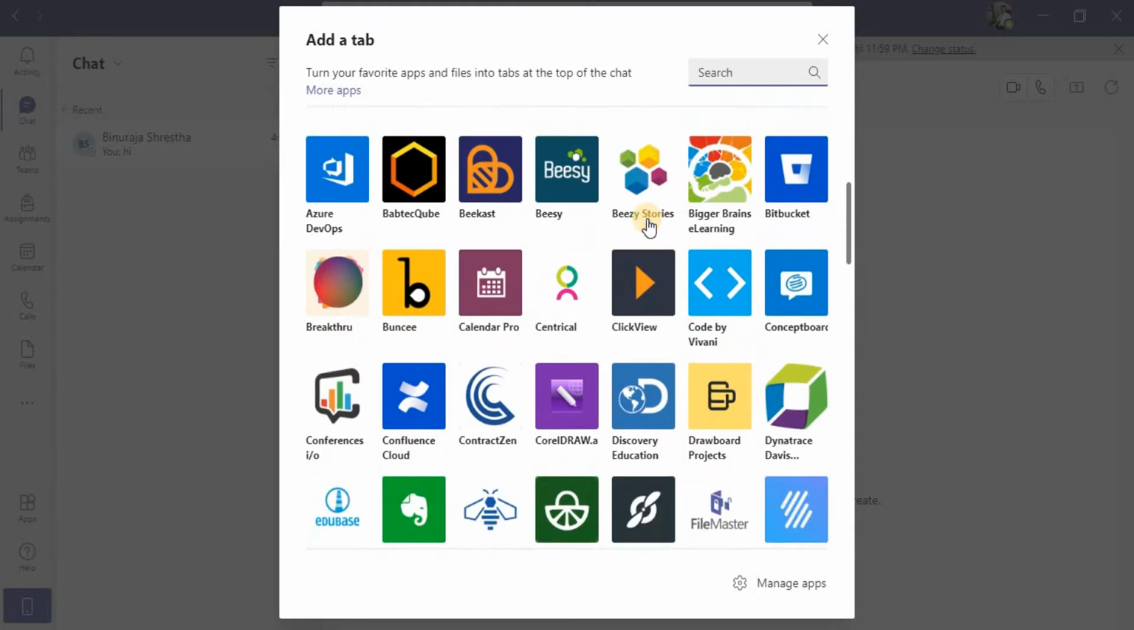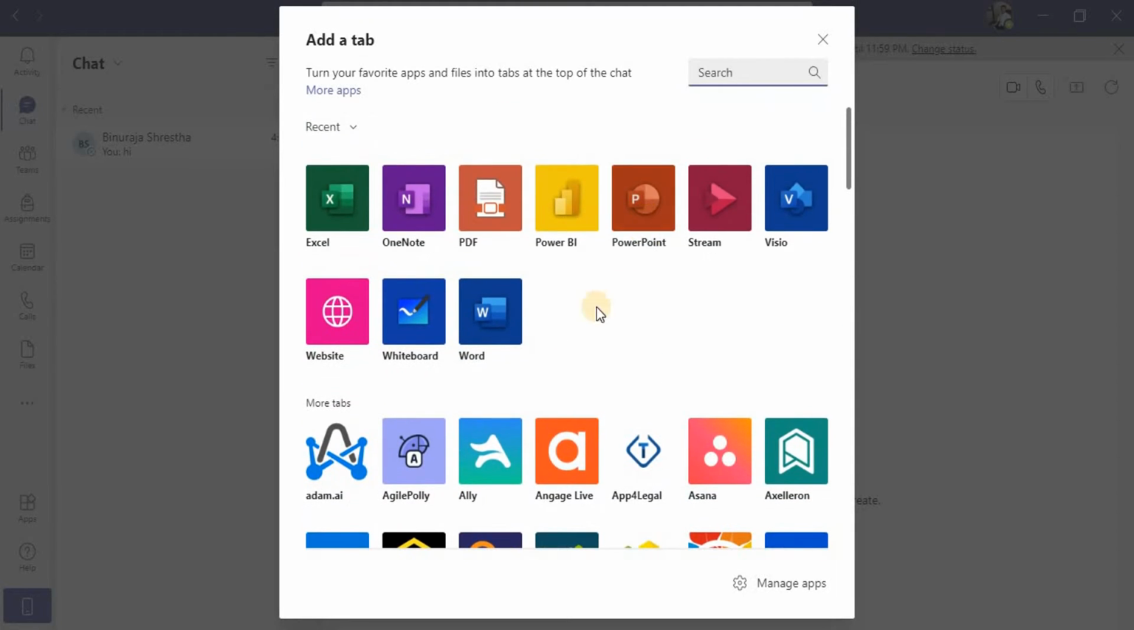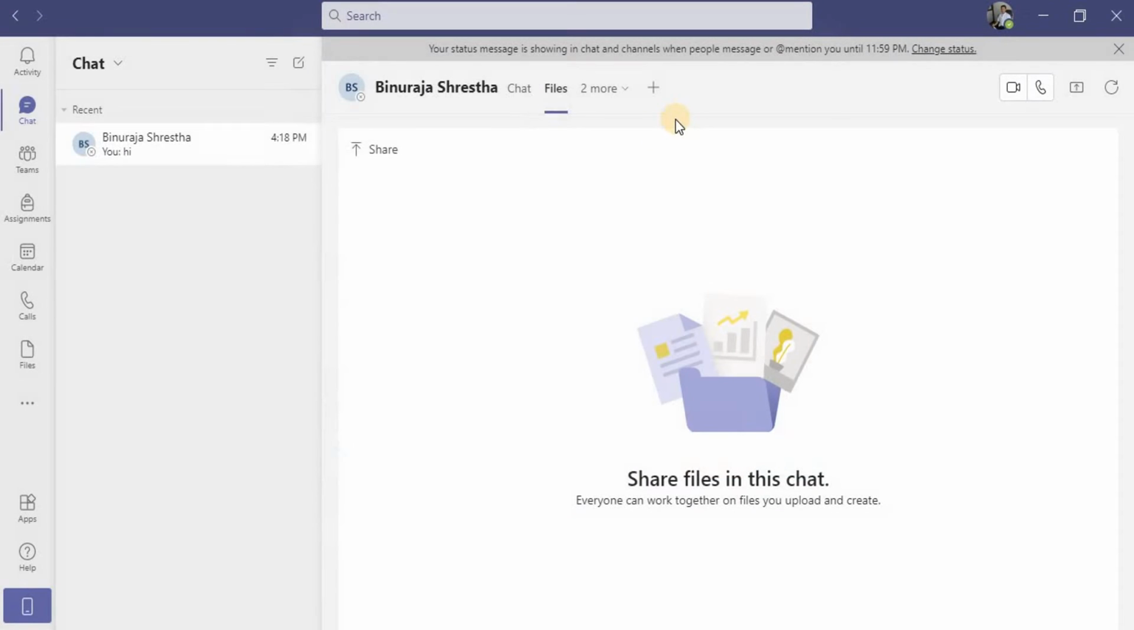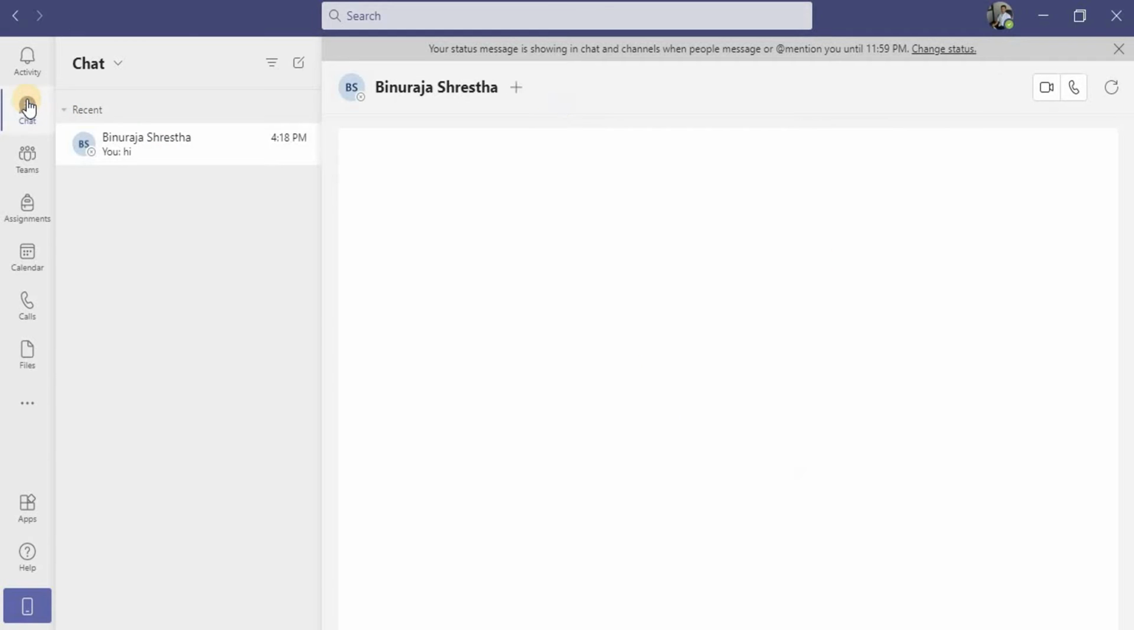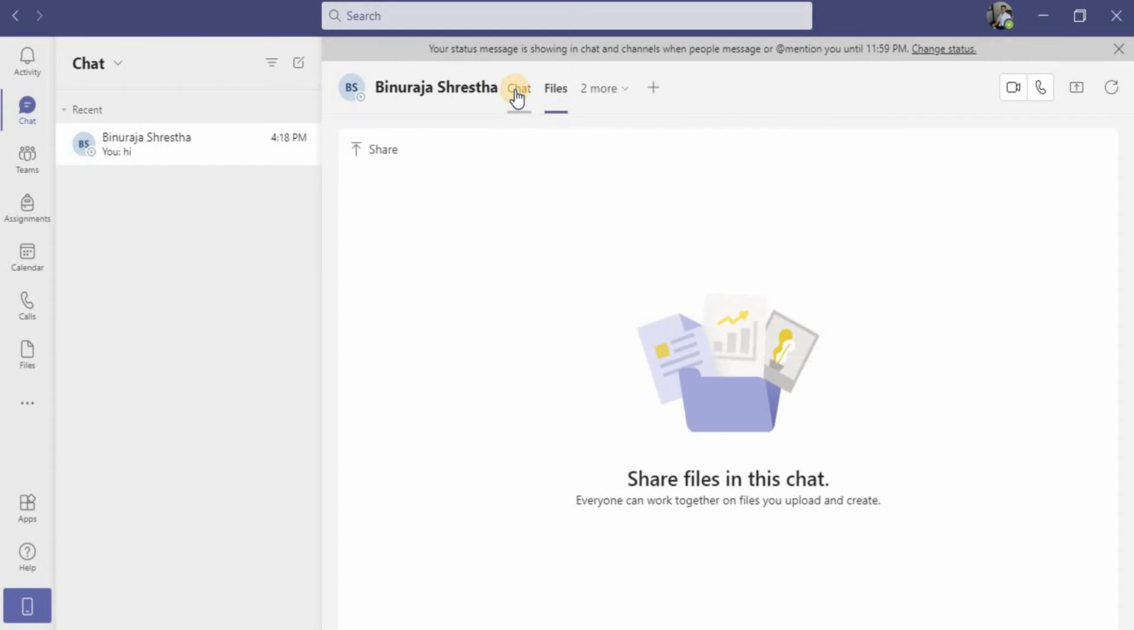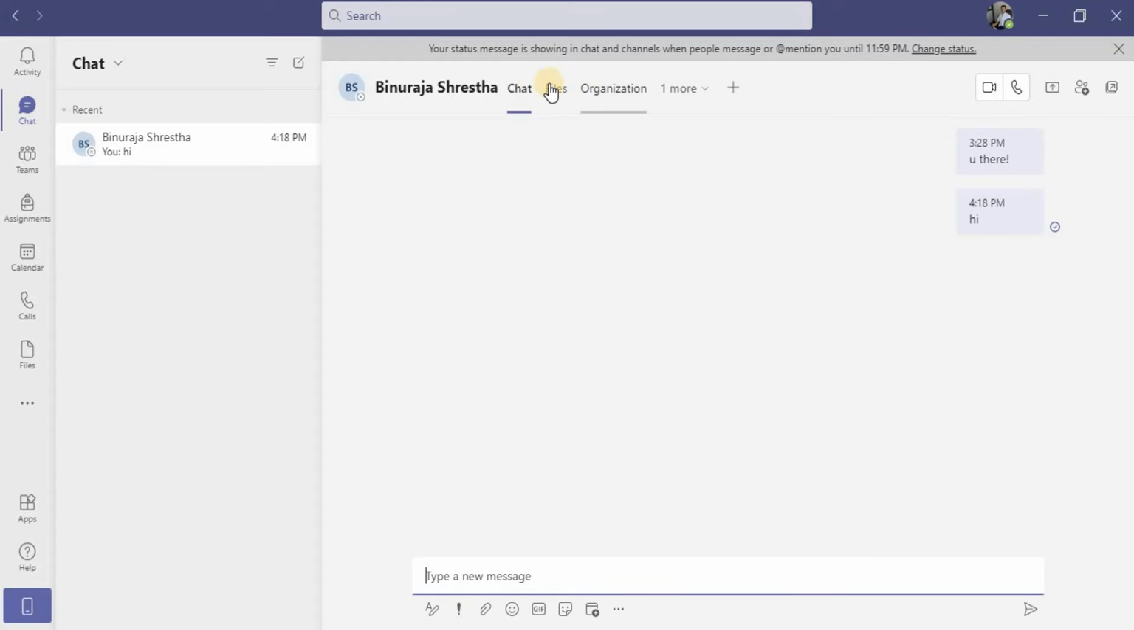Okay, now these are the applications that you have as options. You can select any of these. It is up to you. It will be added over here in a tab only. Now the next one, if I go to chat over here, the chat option, the files,